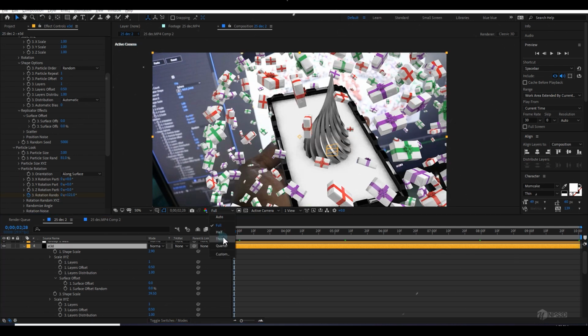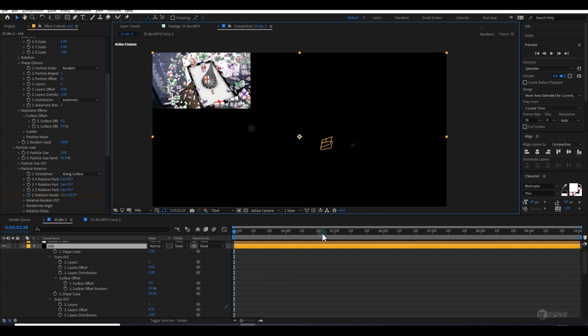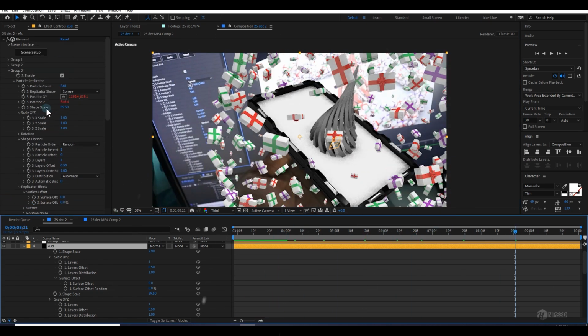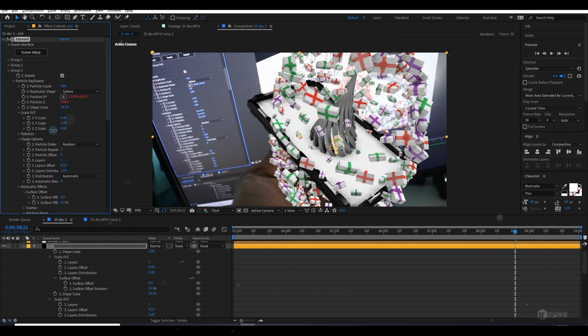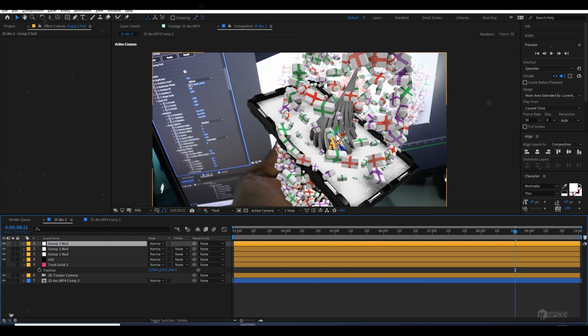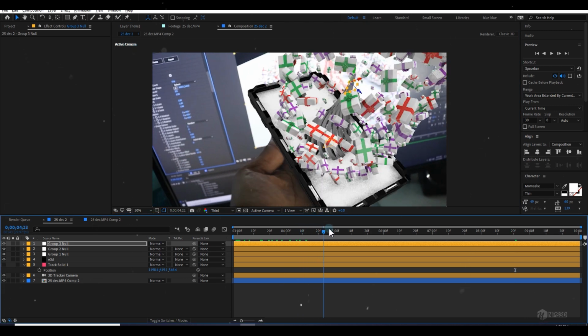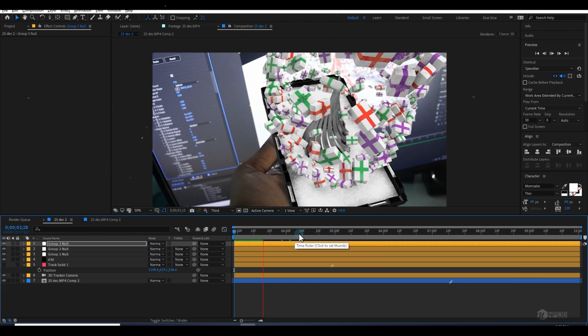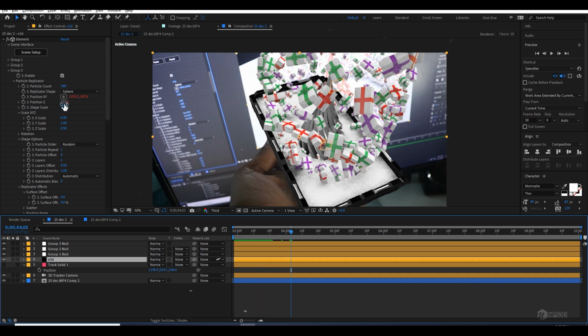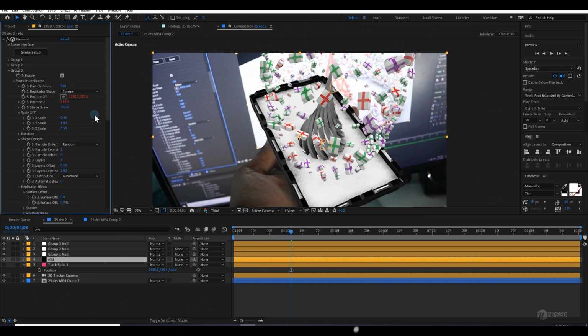And if I play, you can see they are rotating, which is pretty good. Now I can also play with the scale of XYZ. So I want to make it like this, and then I will go to the group 3 and place it here, so that it will look pretty good. I can also down the scale even more, so maybe I'll make it 2. Looks good. I can also increase the number of count, but it's good for now, I think.